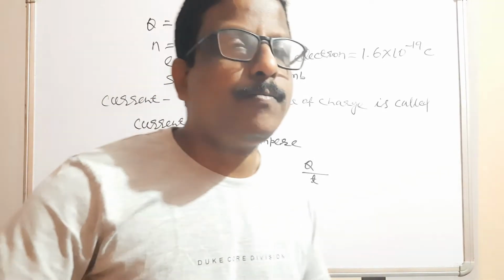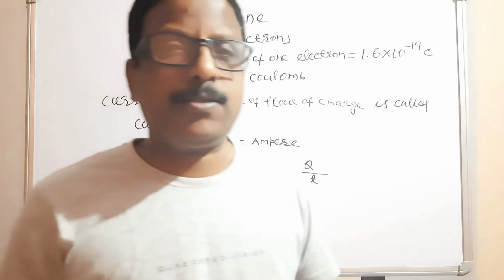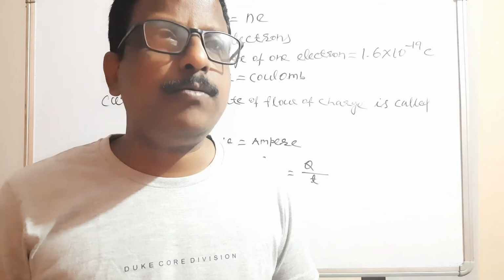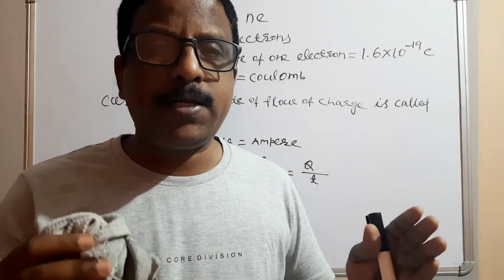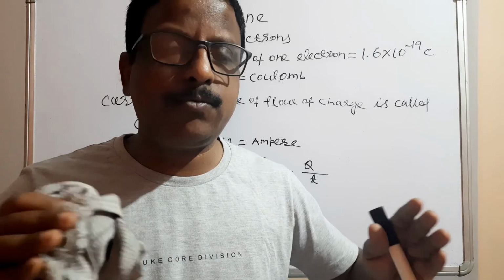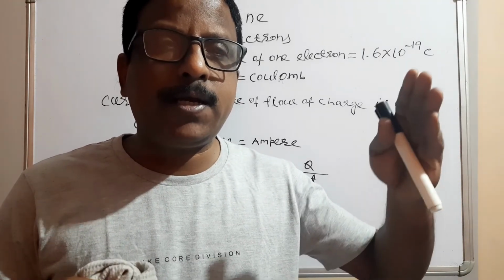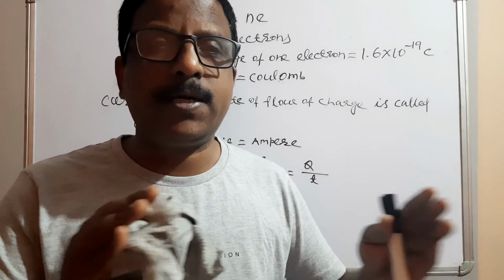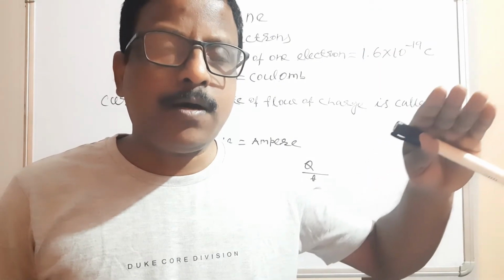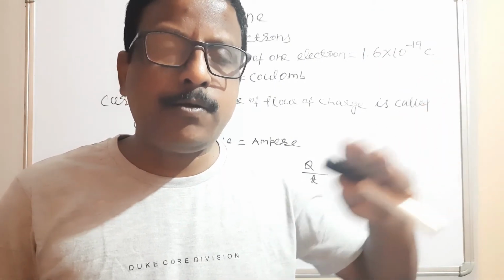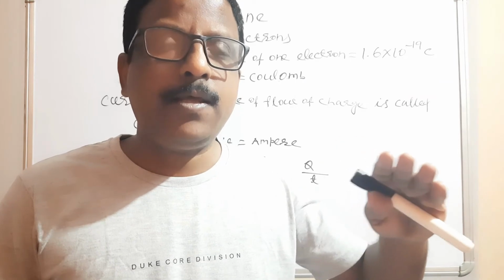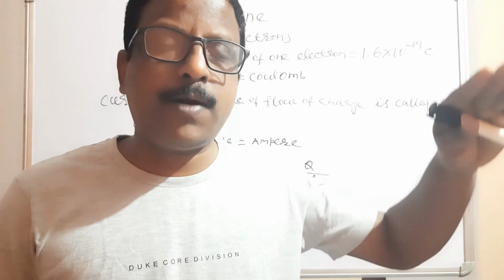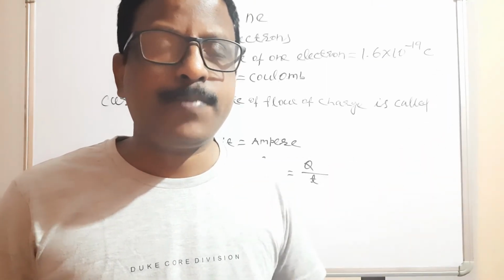Next I will explain the term potential difference. What do you mean by potential difference? Before that, suppose there are two containers of equal height and size. One container contains more water, the other less water, and both are connected with a pipe. The water flows from the higher level to the lower level until the water comes to an equal level.